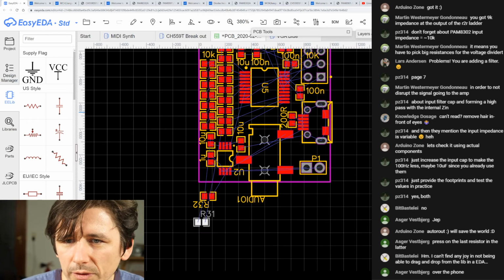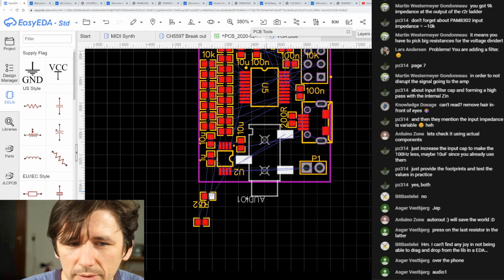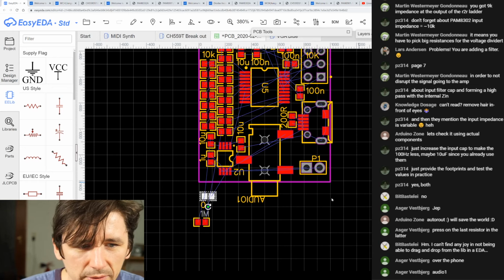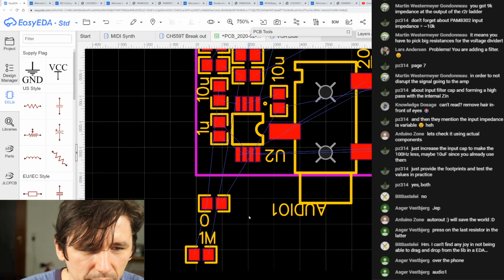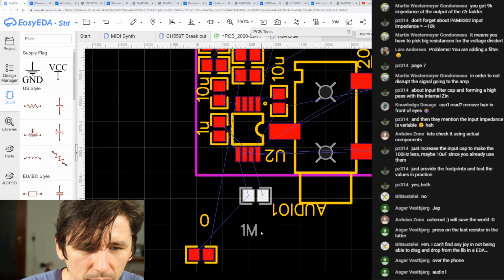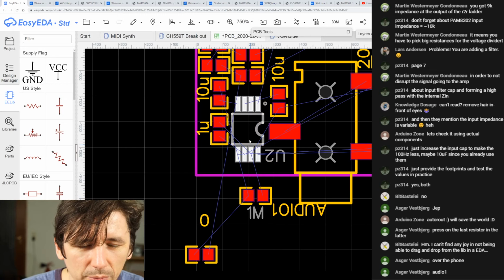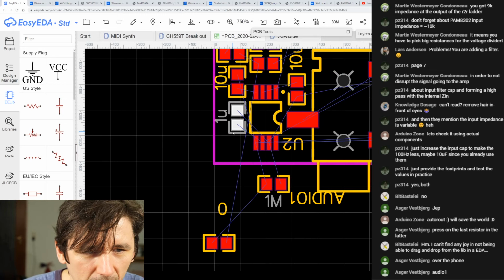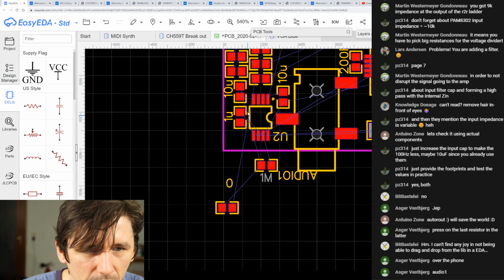Okay, since it will be simpler to work with later, I want the value to be displayed, not the prefix. That helps if you place by hand, because there's a step less to look in the list in the BOM file. So this is the cap. These are the caps, the filter caps, and this is the